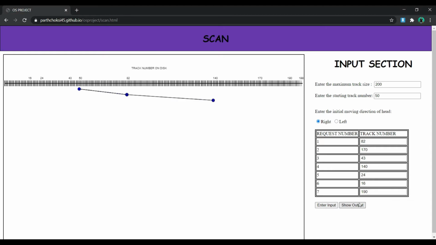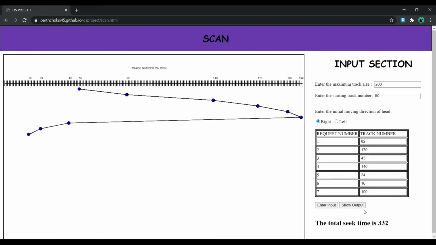See, it works like an elevator. First of all it will reach the last position of the maximum track size, and after that it will drop in decreasing order till the last request. Okay, so we have found out the total seek time is 332.